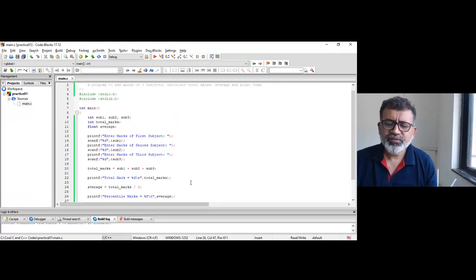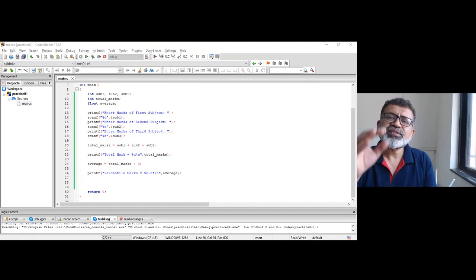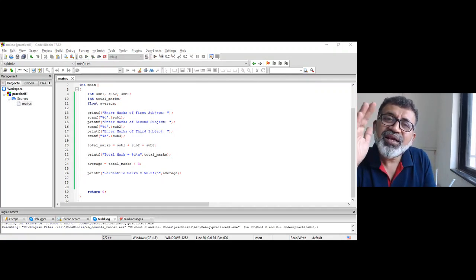they have got 6 decimal precision. Okay, so it can be curtailed with percent 0 point up to 2 decimal place. Usually we count, so percent 0.2 f, right? So that is the way to format this. Okay, usually scanf and printf.